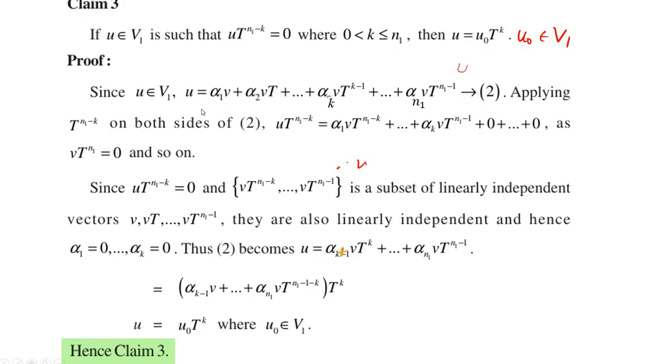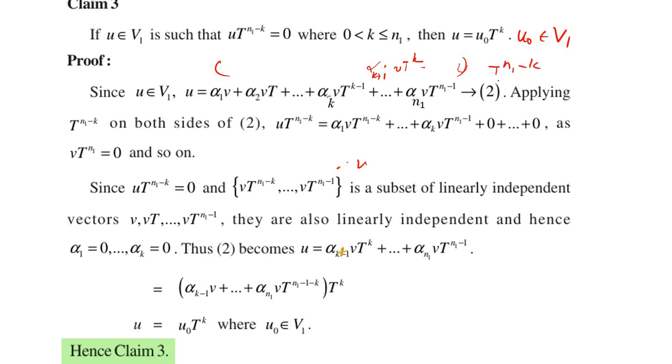Now, since u belongs to V1, u is spanned by these vectors. You can write that as a linear combination of these. Name that as 2. Now, applying T power n1 minus k on both sides of 2, this is what we get. Here we don't have everything, up to a certain stage only you will have. After that, see the next one, when we consider vT power k, here it will be alpha k plus 1 vT power k. But we are applying on both sides